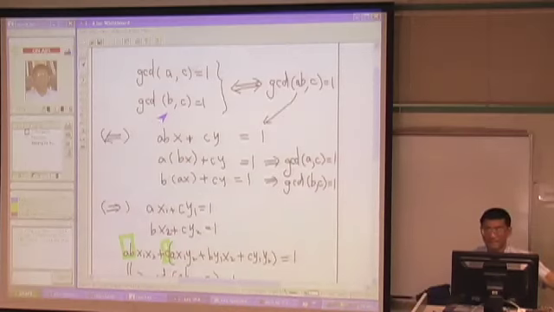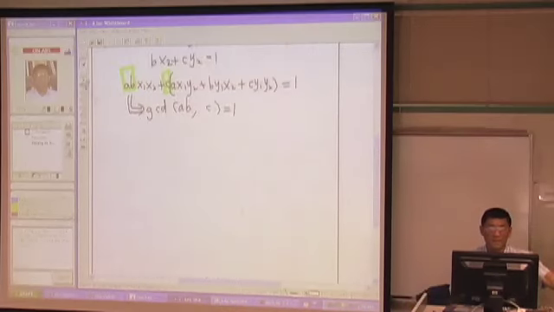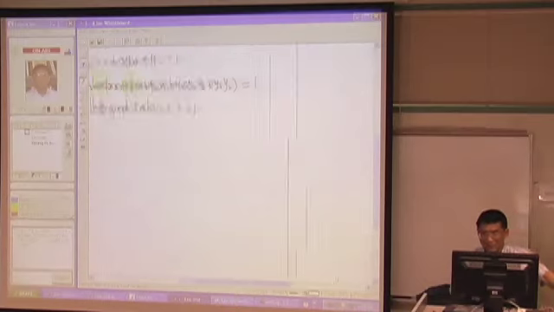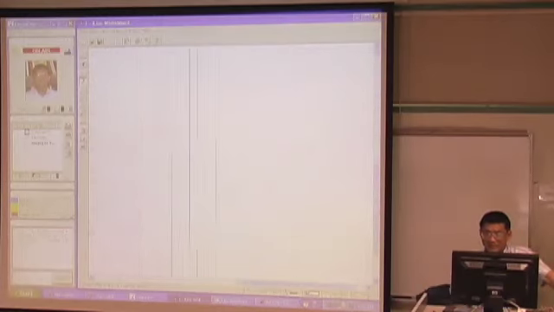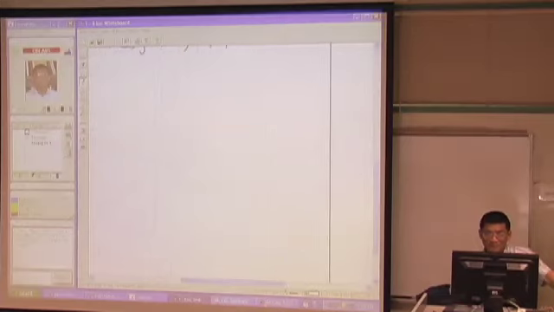Then using this thing, I will begin to prove. So I will use a new column. The idea is very simple. We need to find, so I will write the definition one more time. If GCD of M and N equals